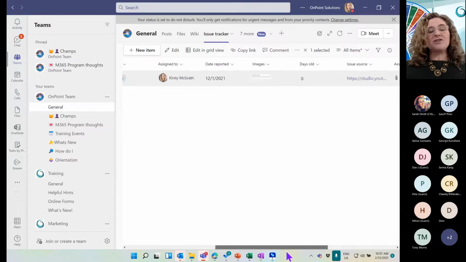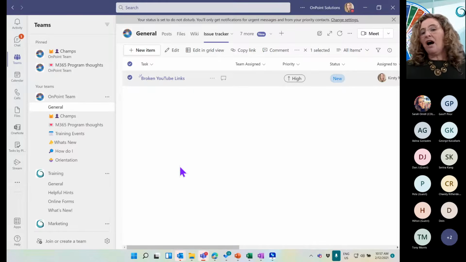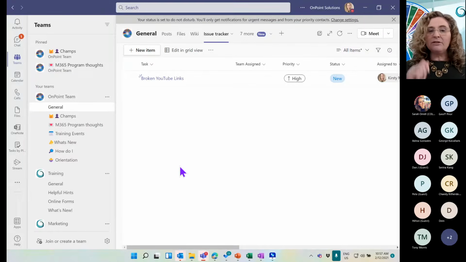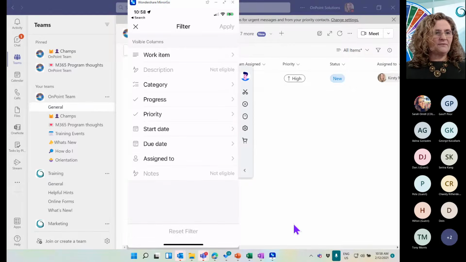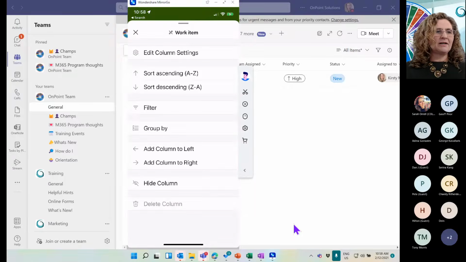Now this has got so much included as part of it. I highly recommend going online and having a really good look in and deep diving down into lists and how you can work with it. Great for asset management. It's a way to be able to support you, and whether you're doing it across, from your phone, if you wanted to, have a look at working with lists on your phone, for example. Okay. So I've got it sitting in here. I can start to filter it on my phone. I've got different grouping, working items.